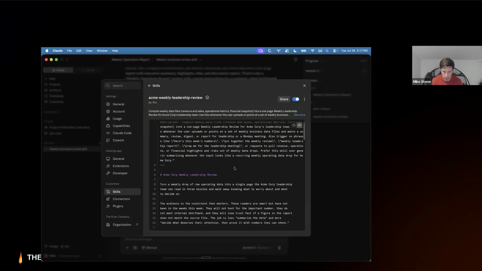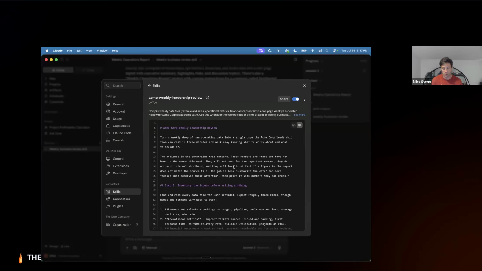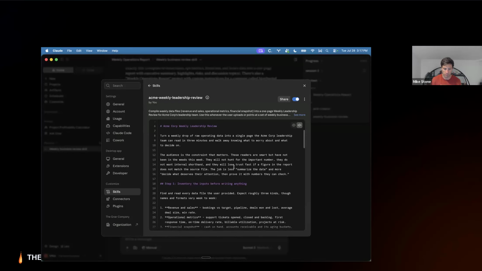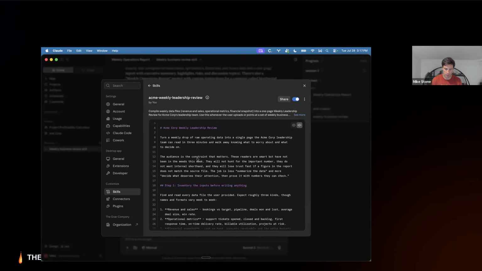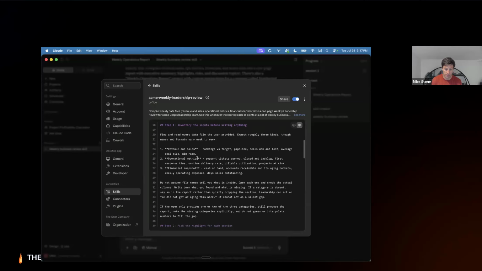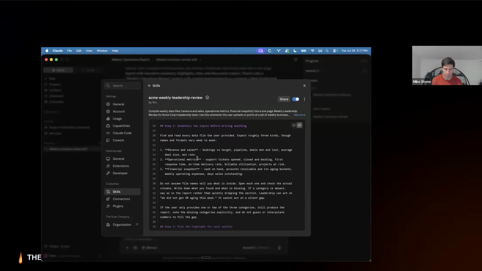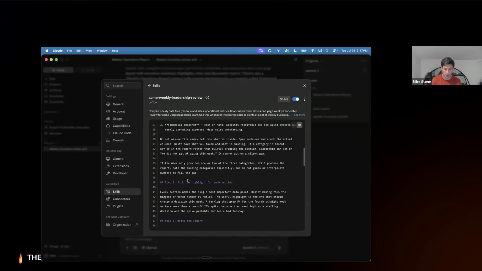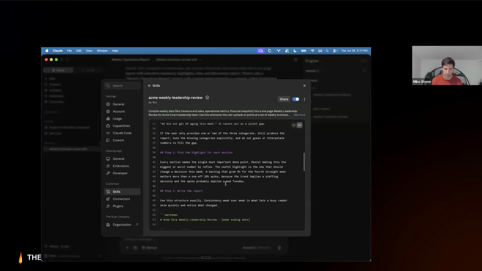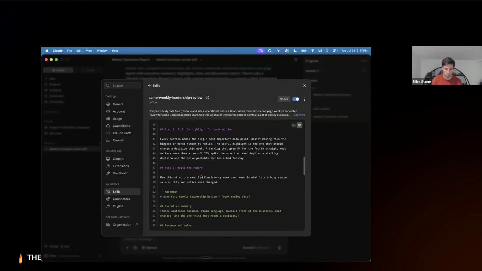And then we have the actual core of the document, which is the steps to create this: inventory the inputs before writing anything, then pick the highlight for each section, then write the report.